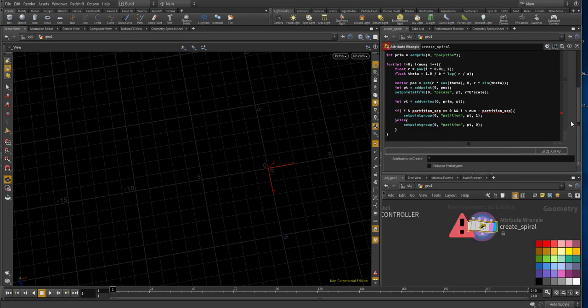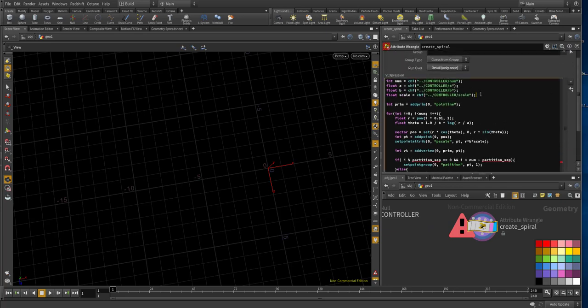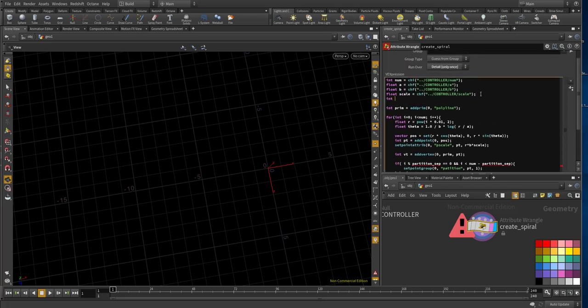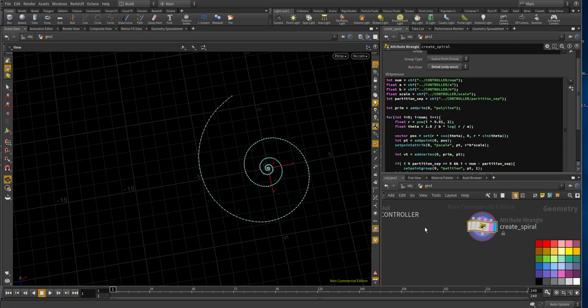and let's go to this here and import the parameter here. So int partition sep equals chi controller partition sep. Okay,